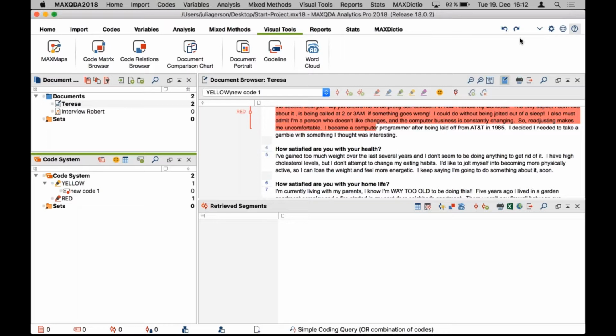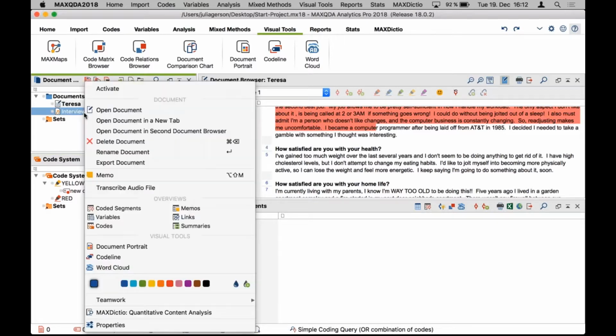All right, so that was the first part, introducing you to the new interface of MAXQDA. Let's take a look at the second feature, which is the new transcription mode. I have an interview here, the interview with Robert. If I right-click on Robert and say transcribe audio file,